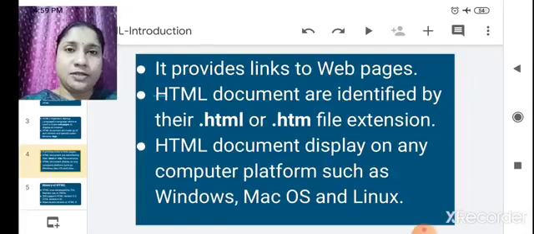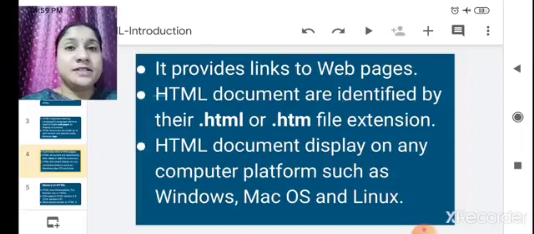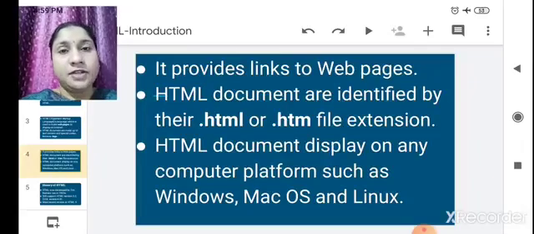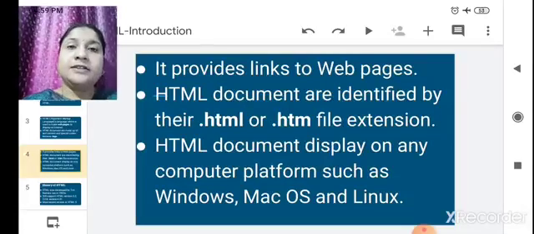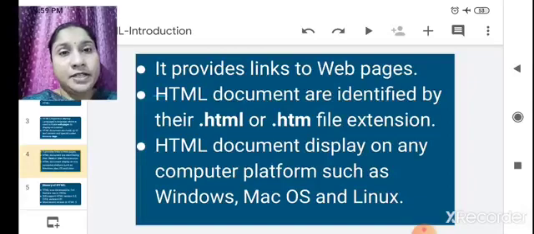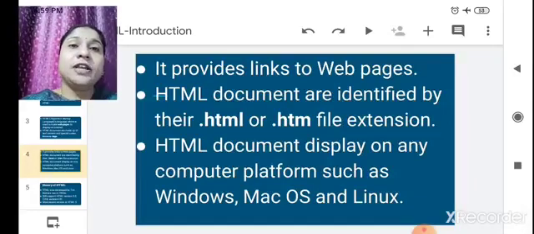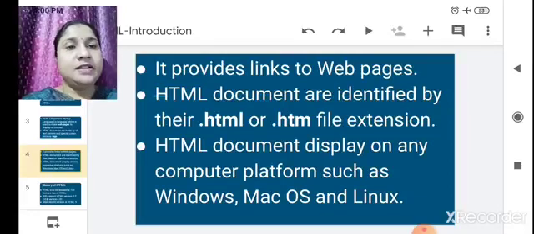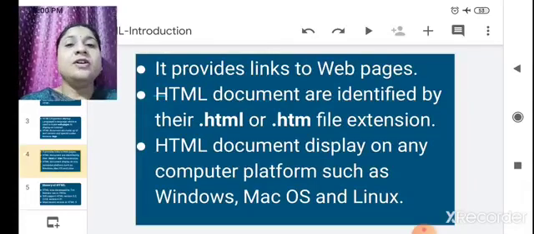This HTML document will be saved with the .html or .htm extension. For a picture you have seen .jpg, for sound .mp3, and for video .mp4. In the same way, for saving an HTML document, the .html or .htm file extension is used. An HTML document can open on any computer platform, whether it is Windows, Mac OS or Linux.